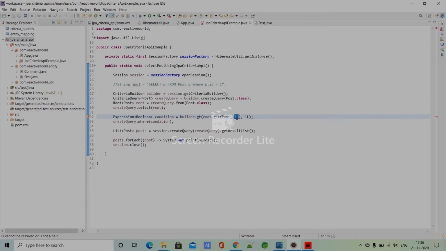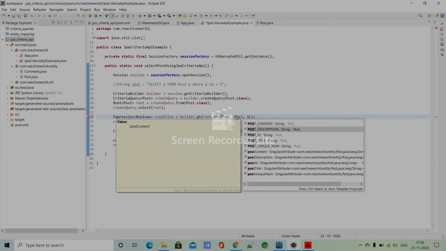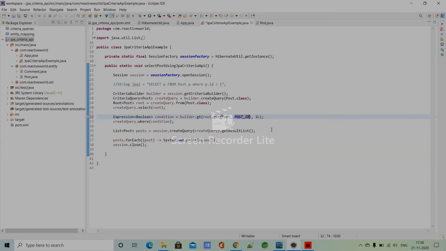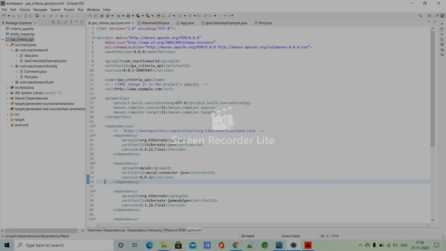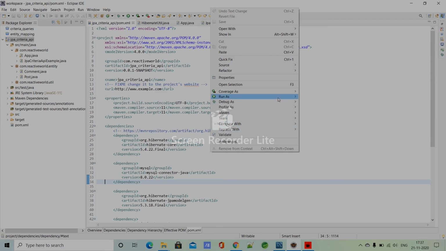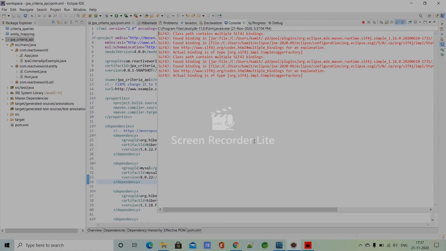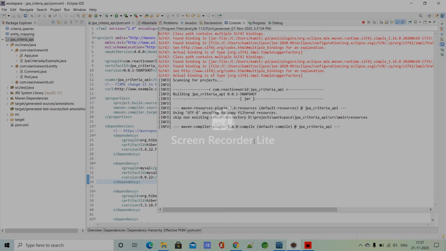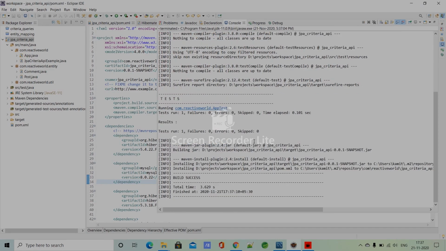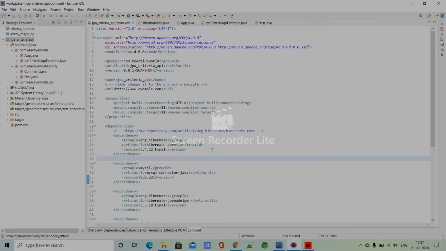Let me change it here to postId. Now it's done. Let's again run maven install. Now the project is built successfully. So this is what the meta model generator does.